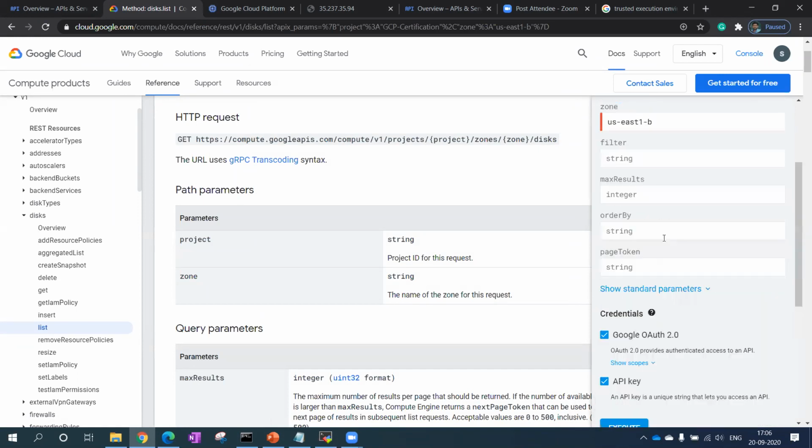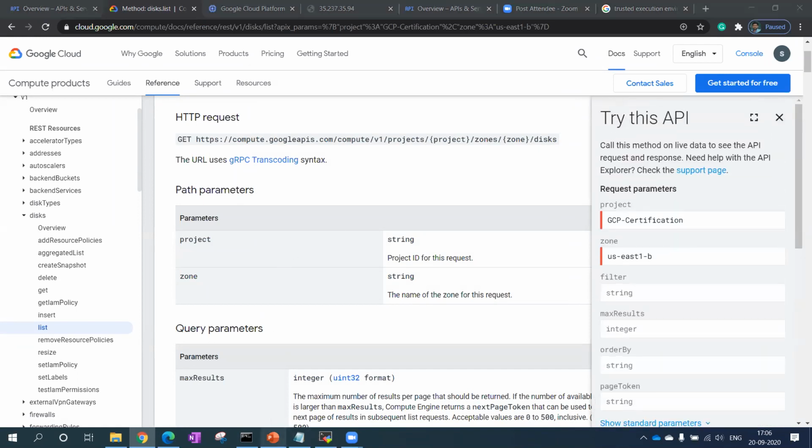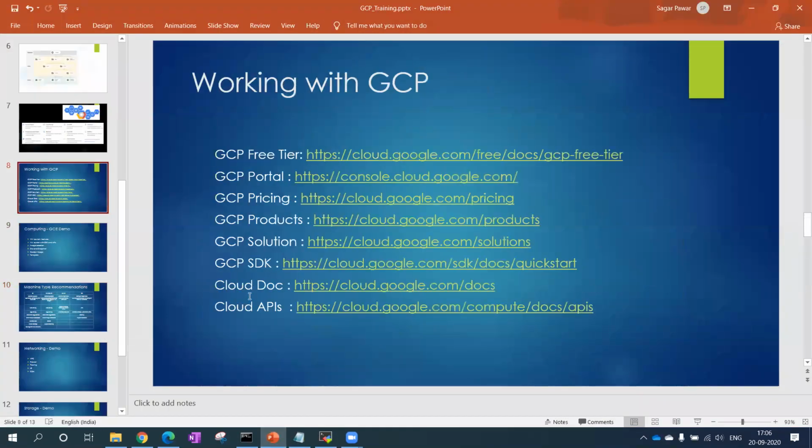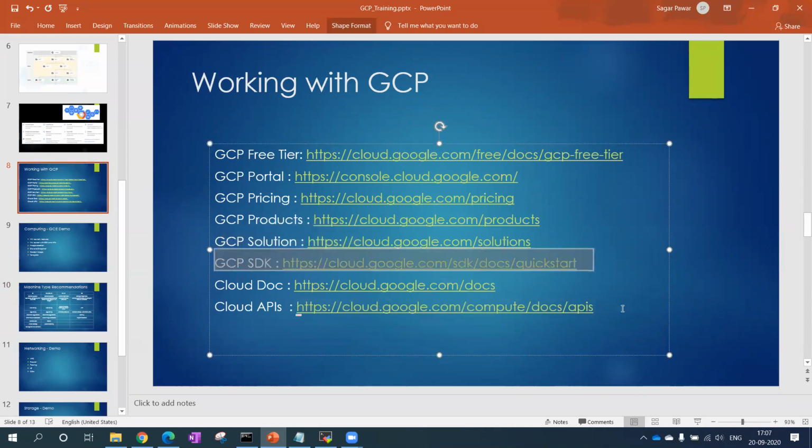Simple as that. They have given multiple options, as I showed you in the previous slide. You can also use the APIs, because API is very popular over here. Either you can go for the SDK, which is a very handy tool, or you can also use the APIs. They have given you a lot of options to choose from. I think I have covered almost everything I planned. Let me know if you have any questions on this, and I will take up those questions as well.